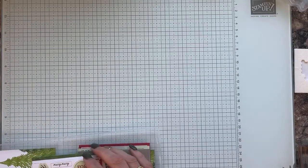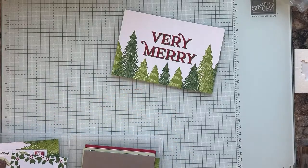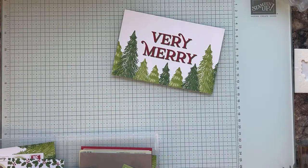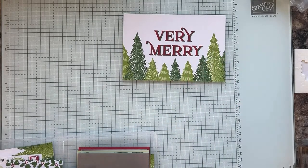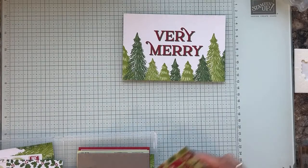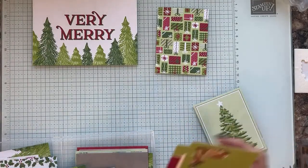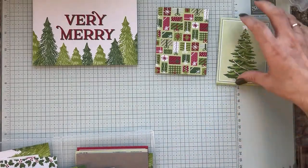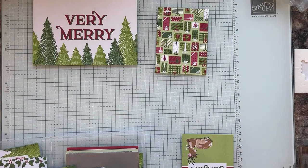That is for me to do a recipe book. I need this sheet and some, trying to find all my pieces. If you need to find all yours, I can't do that as I did mine yesterday. Okay, I'm just going to go for it then. I need this piece. And again, you can use whatever works for you. If you want to use a different sentiment or a different piece of paper or whatnot, that is all good. But I'm going to try and share with you how to put these elements on, well, at least show you where to cut stuff. All right, so I'm just going to go ahead and I need to get the ribbon,